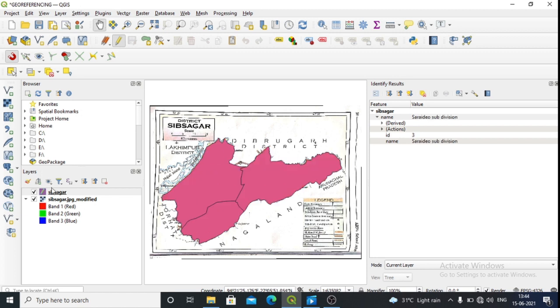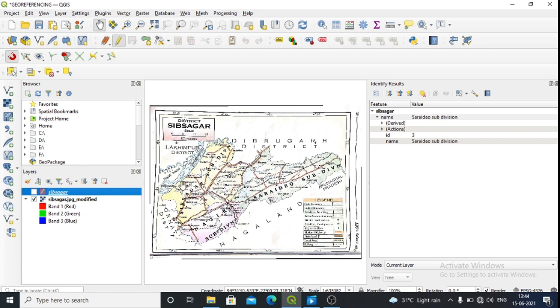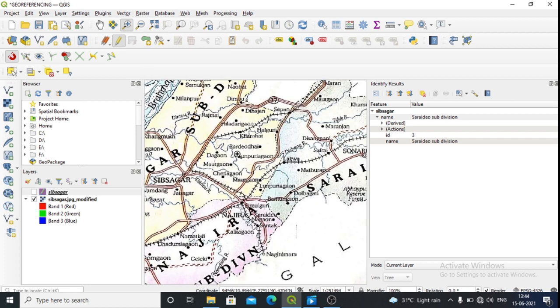Now suppose you want to remove or make it invisible, so you just, this is the layer for polygon. If you uncheck it, see the other map will be visible. Then what will we do, suppose now we have to work with the point and line. Suppose we have to work with point and line, okay? What you have to do here is bring the point and line feature. Suppose this is a point, this is another point.